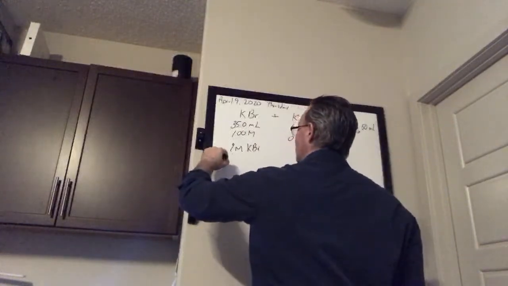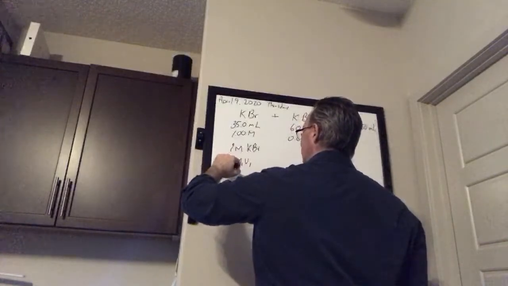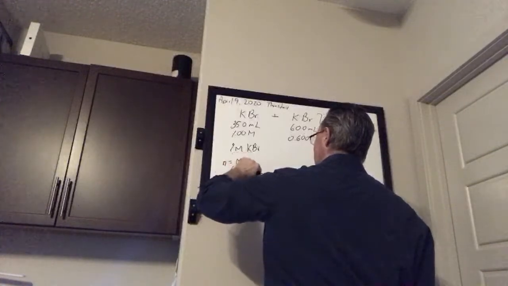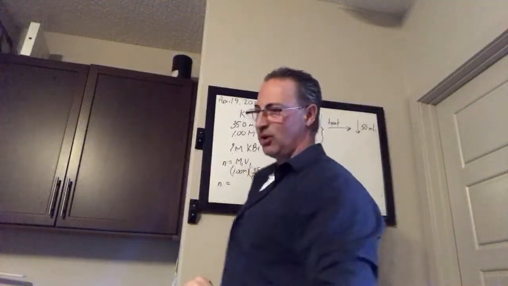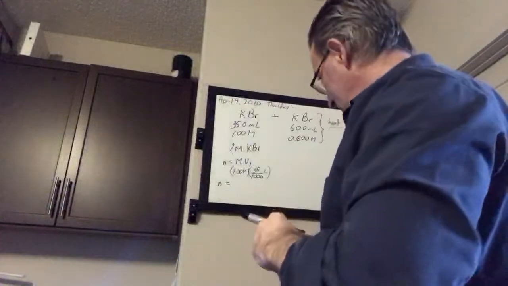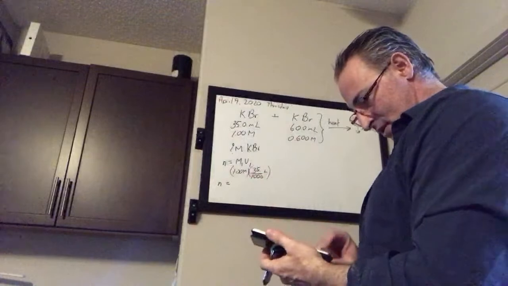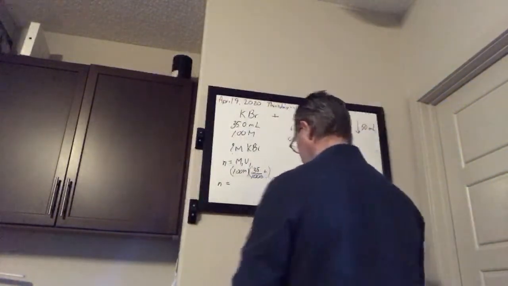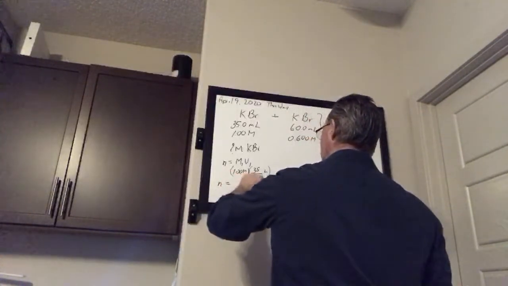So you know that n is equal to M1V1. You got 1 molar here and 35 thousandths of a liter. So that means you got 0.035 moles. Let's double check here. I don't want to lead you down the primrose path, as they say. 0.035. Yeah. So 0.035 moles of KBr